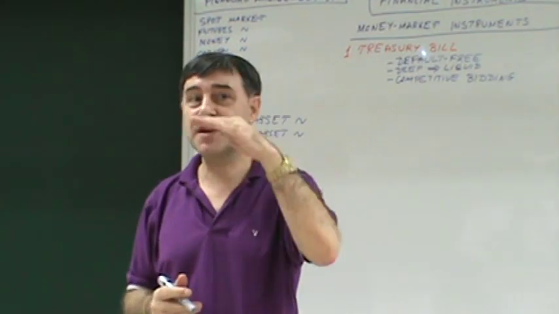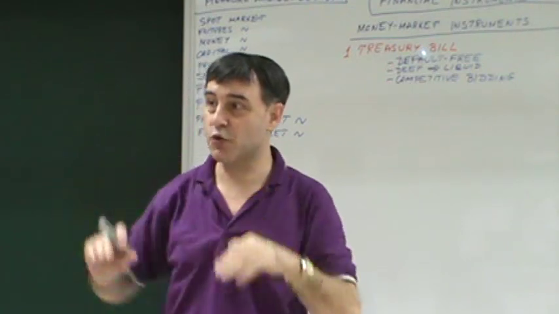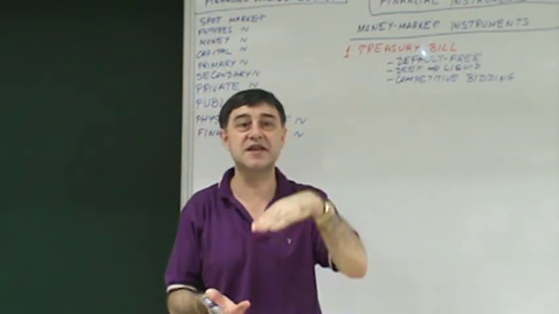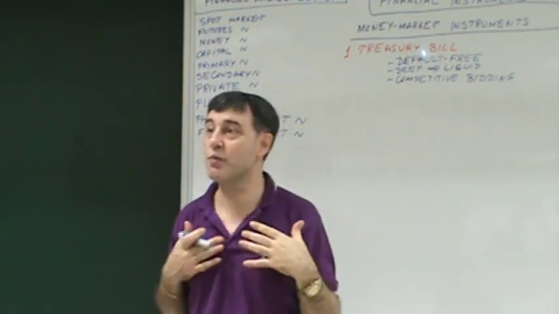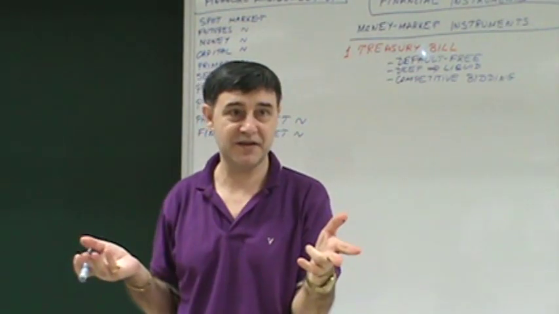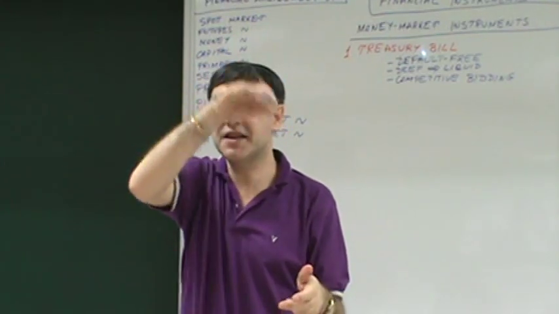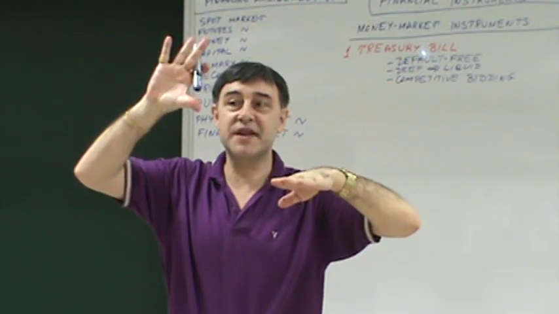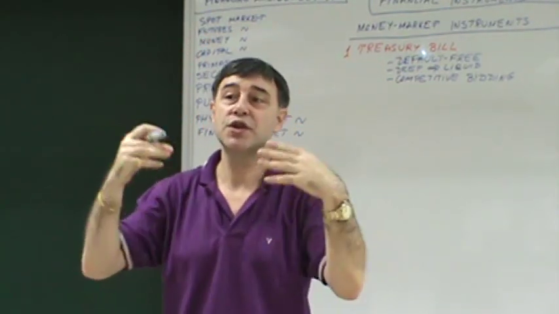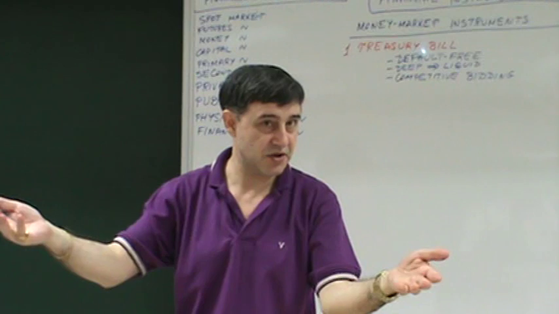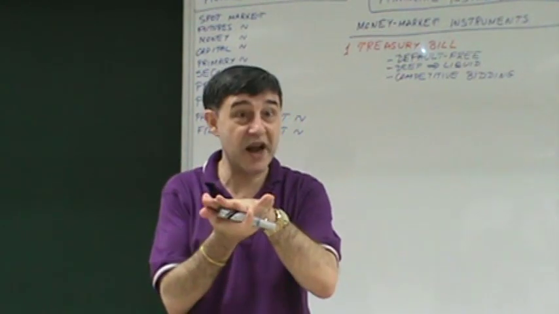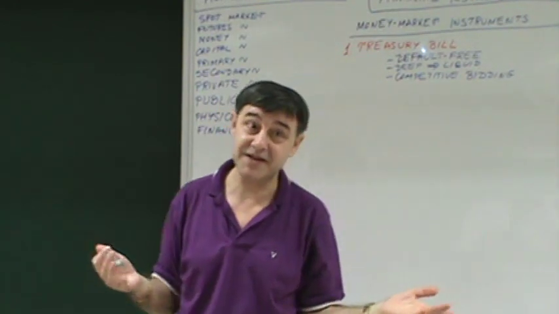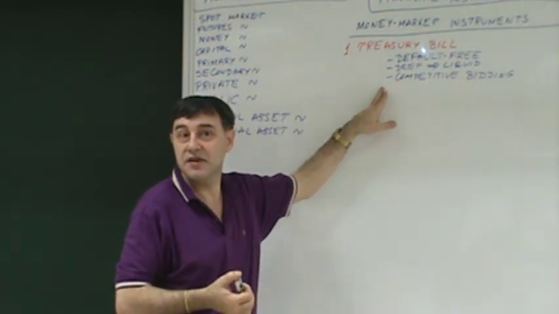So everybody submits their bid, everybody submits their quantity, the bids are sorted and ordered, and the government takes the best bids. The government says, we want to issue 35 billion. They sort the bids, they take the best bids, when they reach 35, they cut off the point and say, these are the bids, you take the treasuries. Those who bid the price, they take it. Those who bid below, they don't take it. It's that simple. It's called competitive bidding.